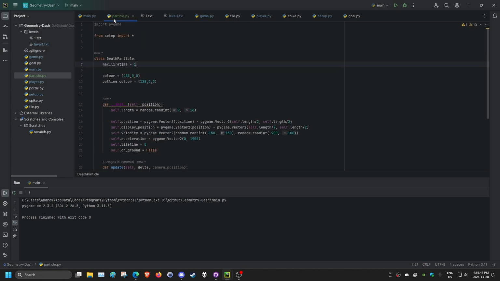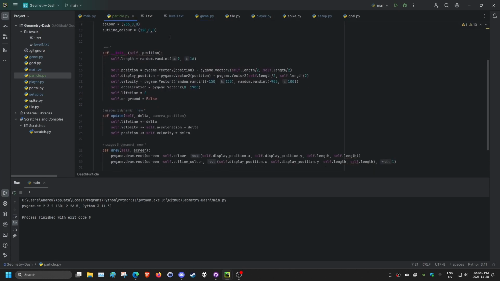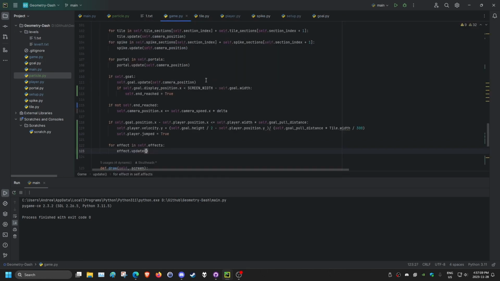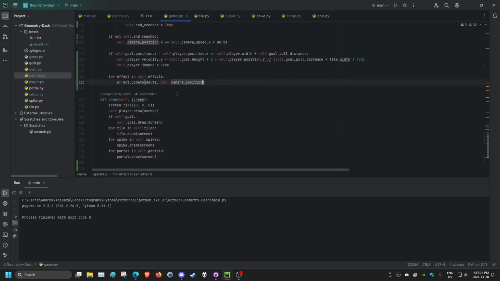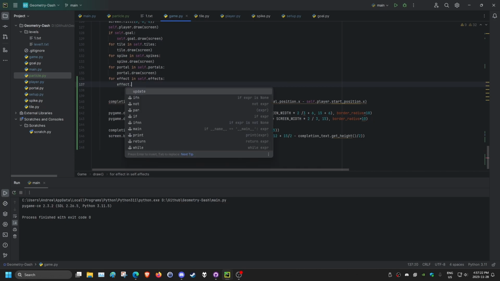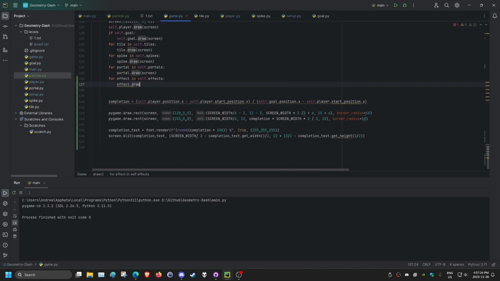So we need delta and camera position, right? So this is self.display_position equals self.position minus camera position. You guys remember that? How we made the thing according to the camera position. If we go back to our game, we just need to pass in delta and self.camera_position, and then we'll draw it. So for effect in self.effects, effect.draw onto the screen,